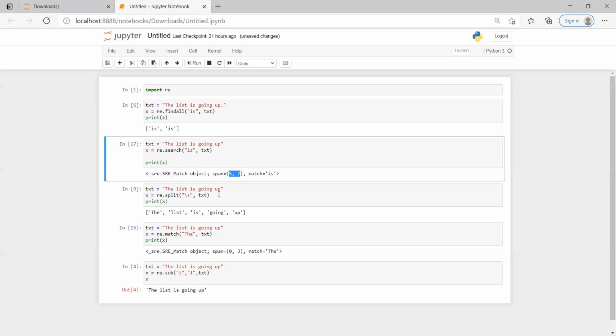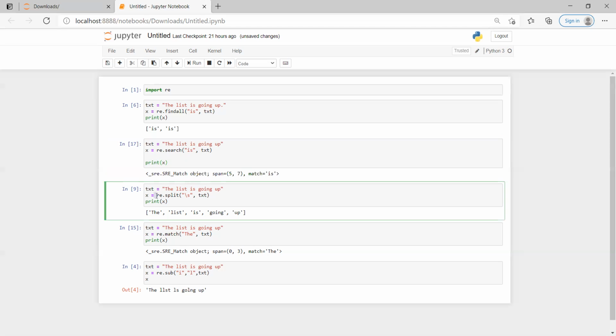As I told you, there are certain places where you want to split the sentence into words based on spaces. After each word you have a space. So based on the spaces, I want to split the sentence into words.